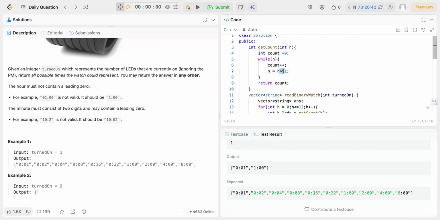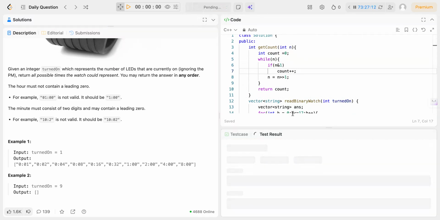Get count of 4, while 4 count plus plus. Okay, I think I have to only count if the parity is... the number doesn't exist. Existing doesn't mean you have to count, right? So okay,